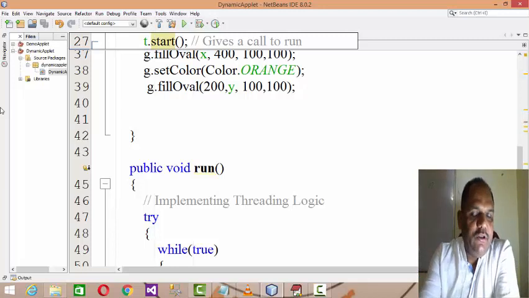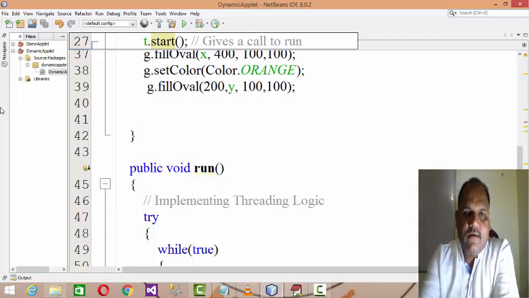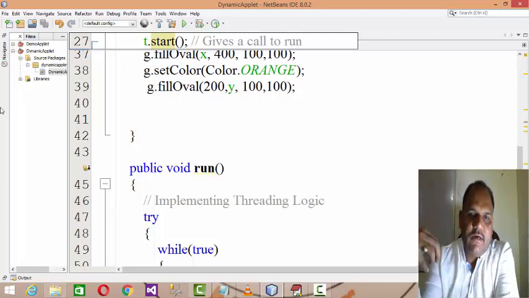Just try and understand one point, that you cannot design this application by simply defining a for loop and passing the incremented coordinates to drawString. You try to do it, you never get the result. You have to give a call to paint, update the values dynamically through the thread by giving some sleep time to the particular thread, and again repaint. Because if you give a call to paint and the for loop is within the paint, it will never be able to repaint. Are you getting the point, clear?